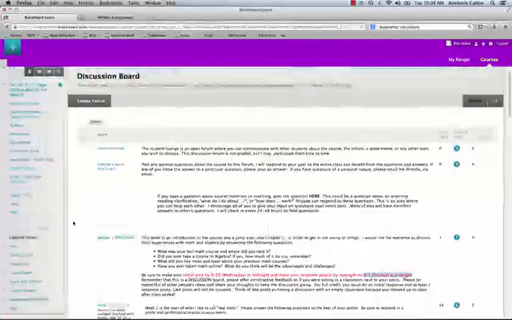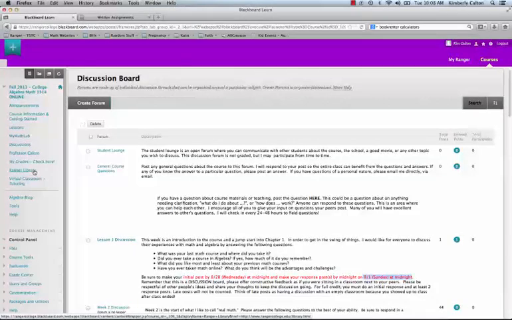The last thing I want to show you is that we have several other links here. We have a My Grades tab that you can check to see your grades. It will list them out. There's also a Ranger Library tab here in case you need to access the Ranger Library for any reason. And if you need any type of tutoring through me, I'll be happy to do that online. To do that, you simply click on Virtual Classroom Tutoring and it should load on your computer.